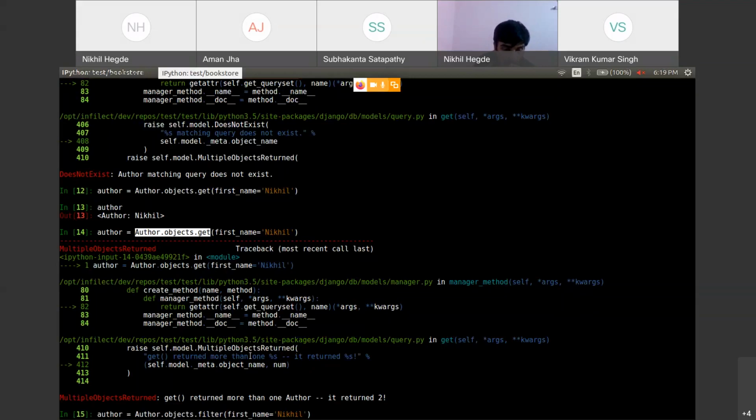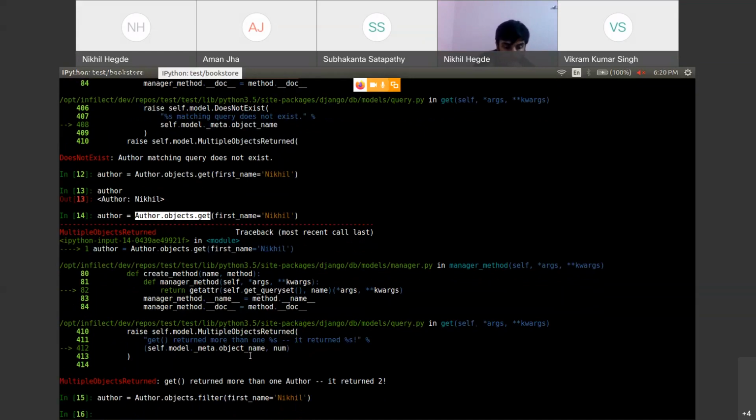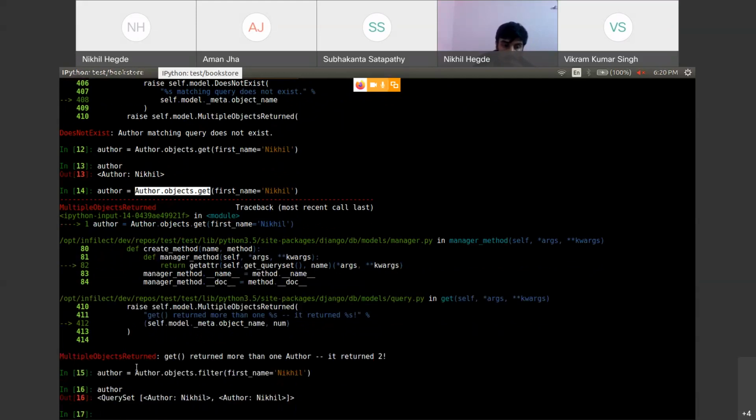Filter is used to fetch multiple objects from the database with this condition, first name equal to Nikhil. Now if I print author, you can see that there are two objects having first name as Nikhil and both of them are returned.